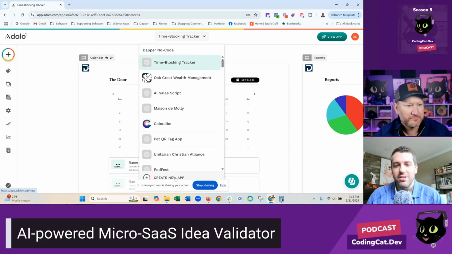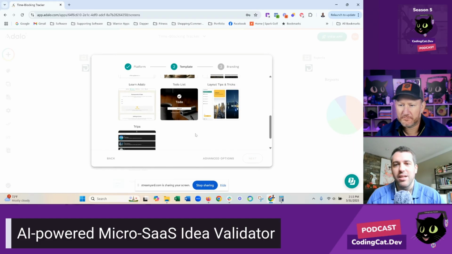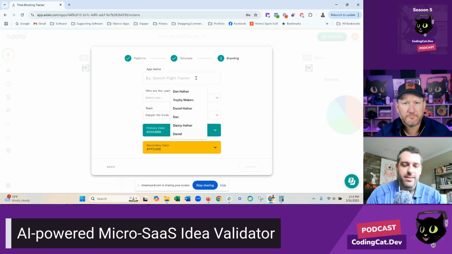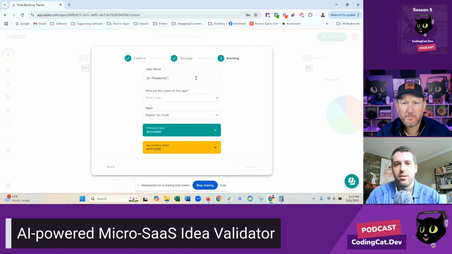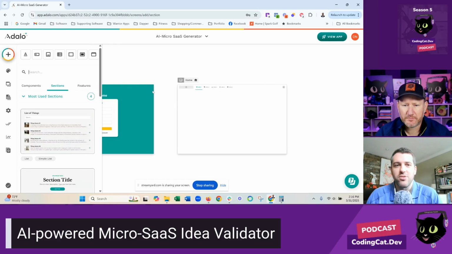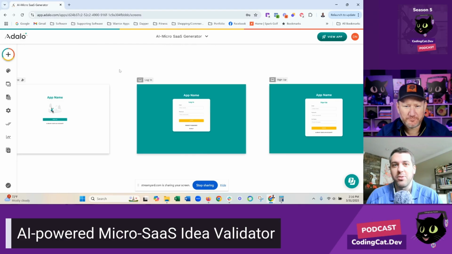But basically, I would just come in. I'm going to create a new app. I'm going to make it desktop. They have a couple of templates, not anything I would probably build off of, so I'm just going to do blank, and let's call this AI micro SaaS generator. And we'll call this mostly me. We can play with the branding and all the different stuff. One of the cool things I love about these tools is you can just set the branding and the fonts, and then it updates everywhere, which is a super useful thing, right?